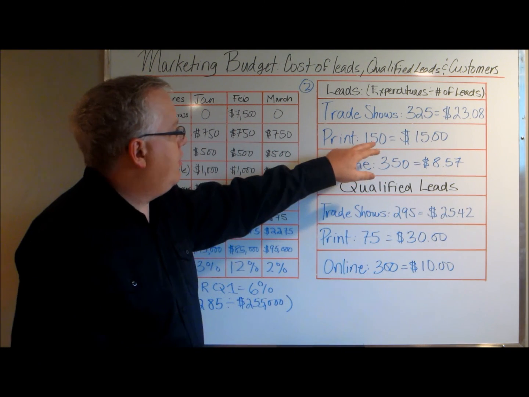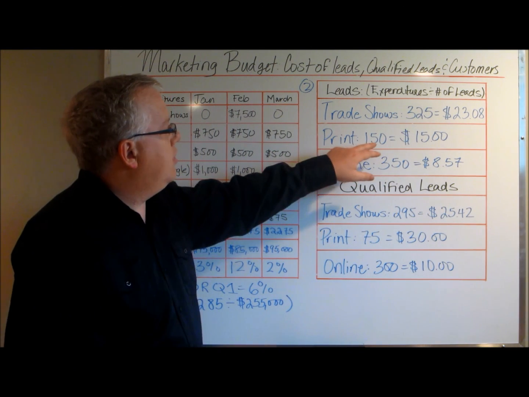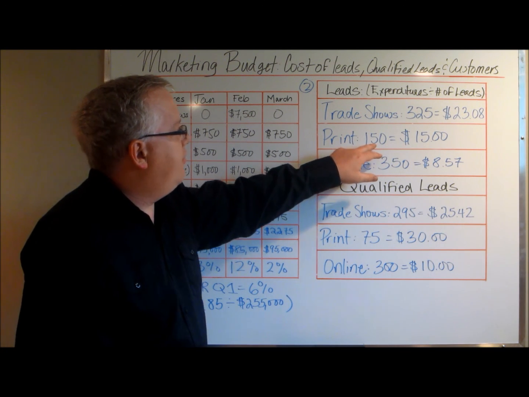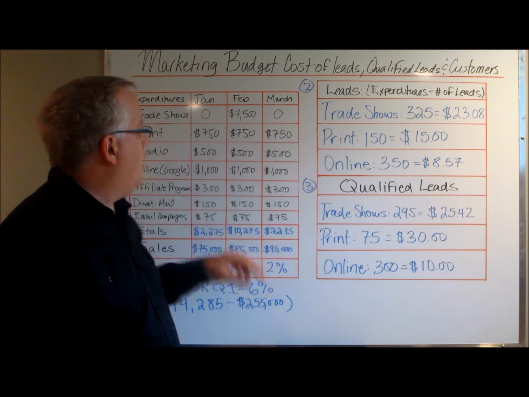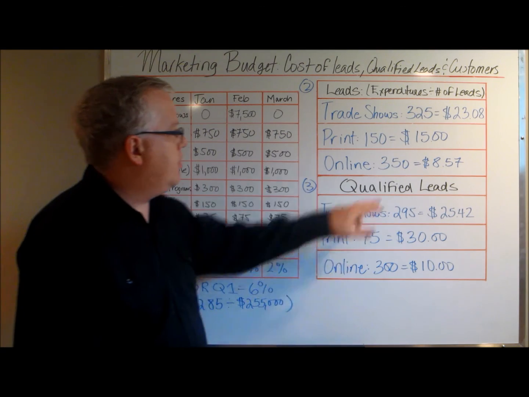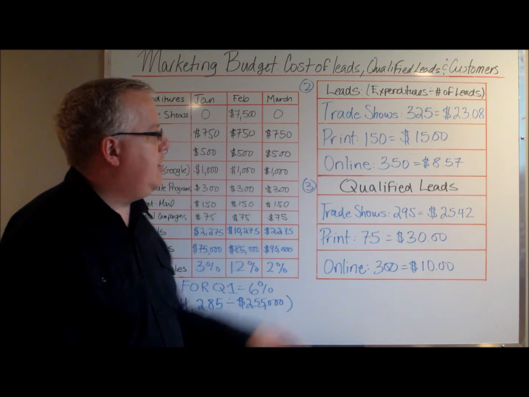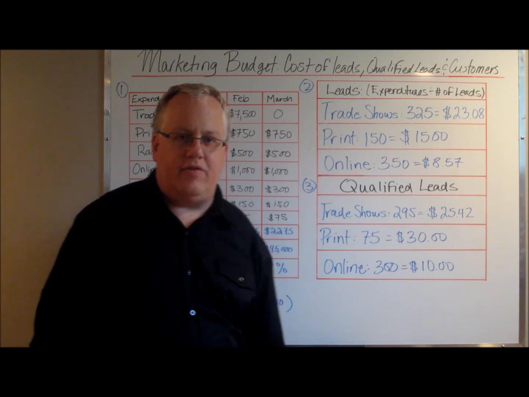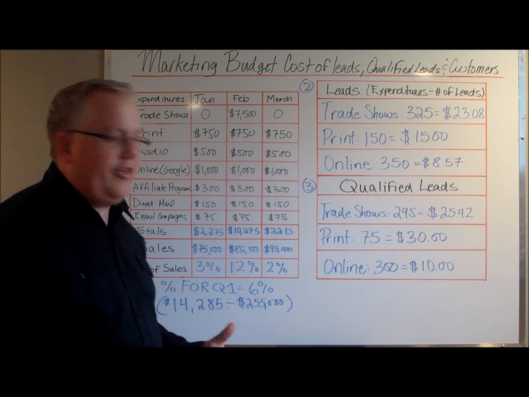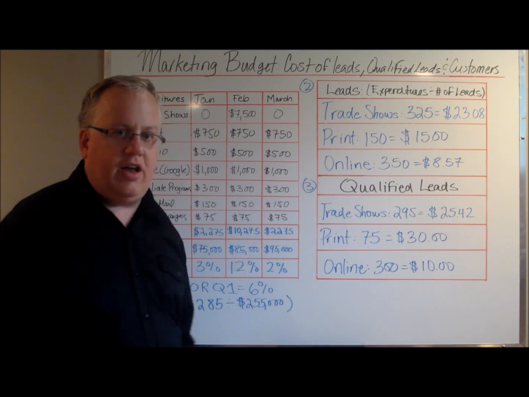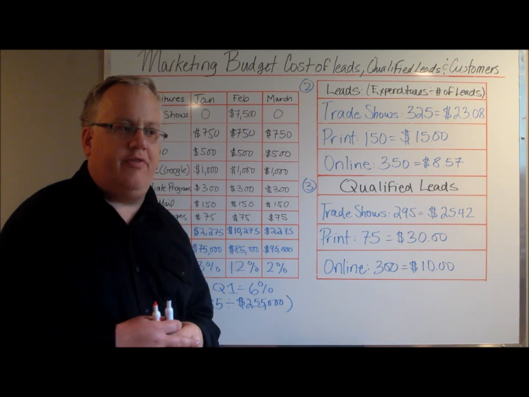Do it again for print. 2,250 divided by 150 is $15. Online marketing, they spent $3,000 for the quarter. They got 350 leads, $8.57 per lead. Now, naturally, as you go from leads to qualified leads, you're going to whittle down the number